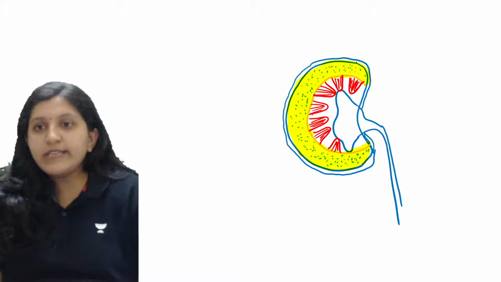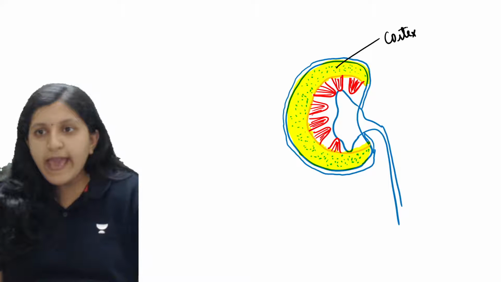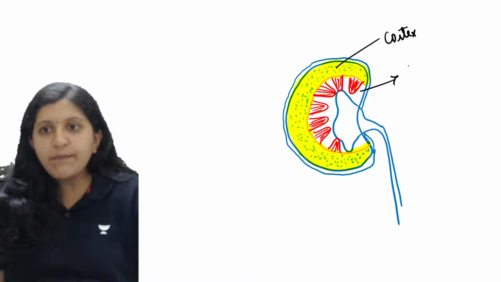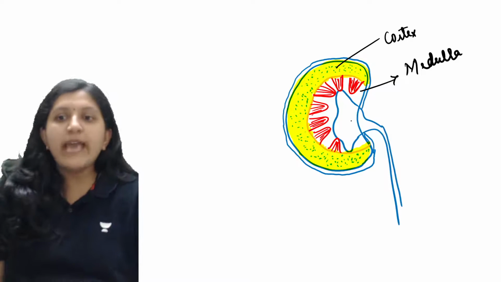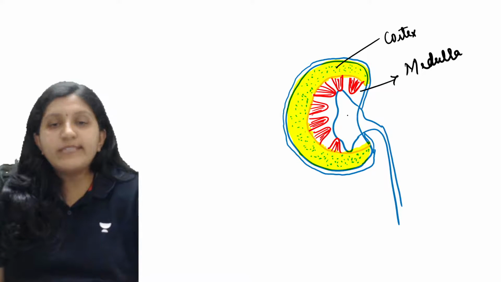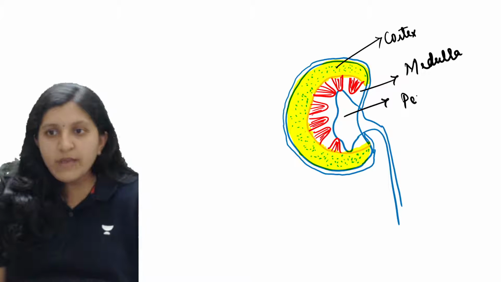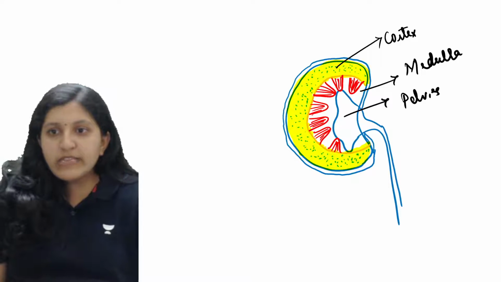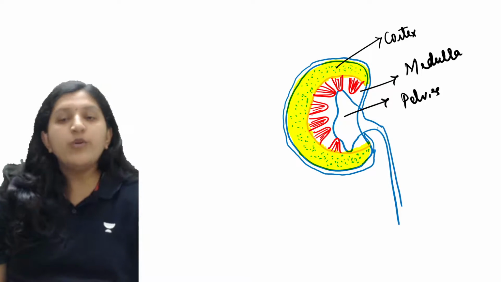Okay, so this part is the cortex region, and this part is the medulla region. Then this part you see is the pelvis region. So let me just label them all. This is the pelvis region, and this junction where the pelvis or ureter is attached